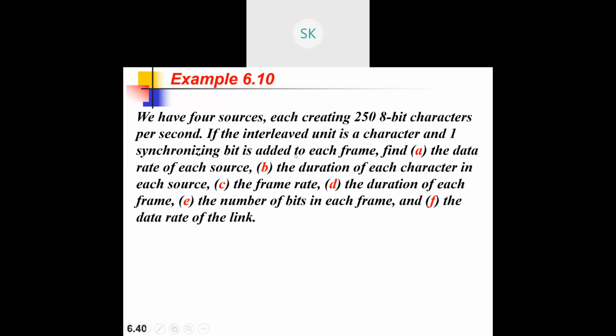Frame is, suppose 4 channels are there. If you have one bit at a time, you can transmit from one channel. All those combinations together will be nothing but your one frame. So I'm talking about that particular frame. If you can add one extra bit along with this frame, then that becomes your synchronization pattern. So it is easy for a receiver to understand this is the first frame that I need to have, and then second, followed by third, followed by fourth. This is for your frame synchronization.